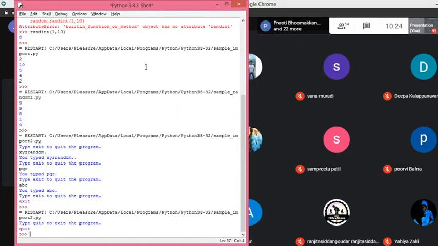Now I am going to show you another function, because functions are basically classified into two types. One is built-in functions, which are already available as a library. Another is user-defined functions, meaning we can define the functions ourselves and use them. So functions are classified as user defined and system defined.